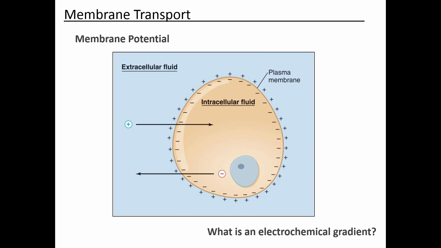Okay. So when you're talking about the movement of charged particles or ions across the membrane, their concentration gradient is going to affect their movement, but also if there's a membrane potential, that will also affect the movement of those molecules across the membrane. Okay, and then the next slide is just kind of